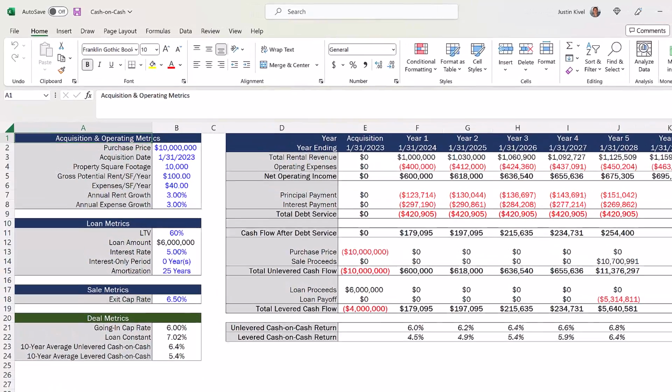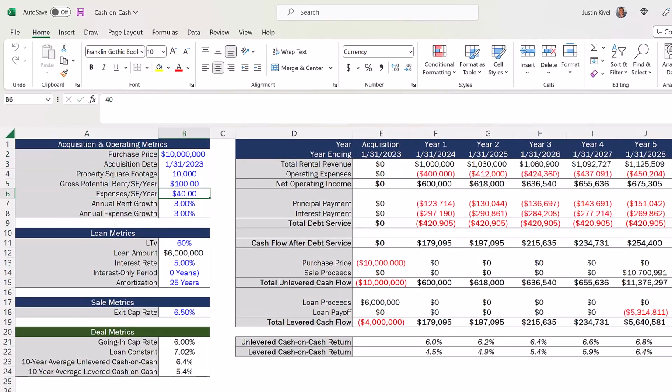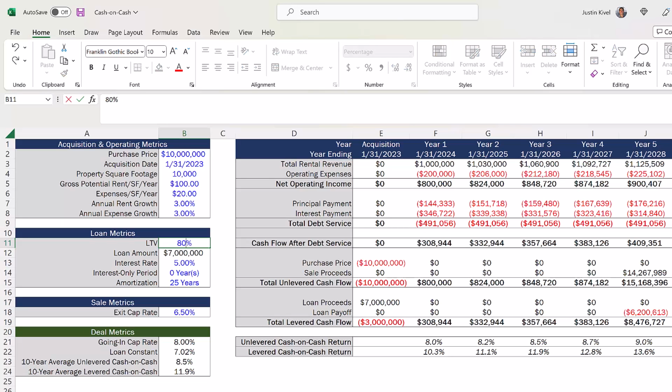And using that same example we used earlier on in this video, but now assuming the property is acquired at an 8% cap rate, giving the deal positive leverage at a 60% LTV ratio, the levered cash on cash return in the first year of the hold period would be 9.5%. However, if that LTV were to jump to 70%, that year one cash on cash would increase by 80 basis points up to 10.3%. If the LTV were to jump to 80%, the cash on cash would increase by 160 basis points to 11.9%, and at a 90% LTV ratio, the cash on cash return would jump by 500 basis